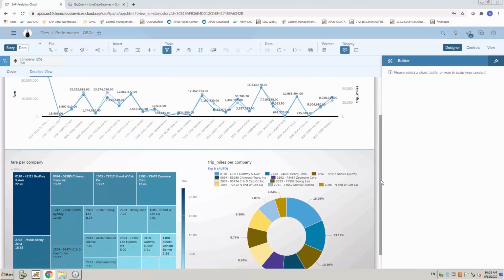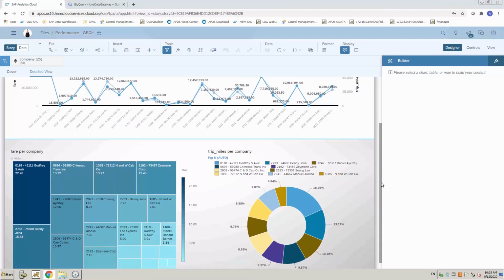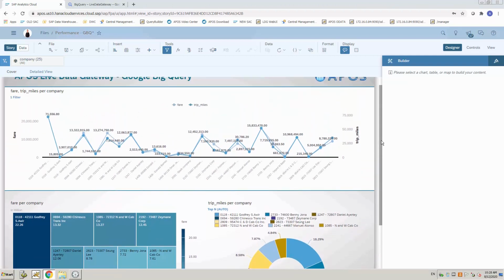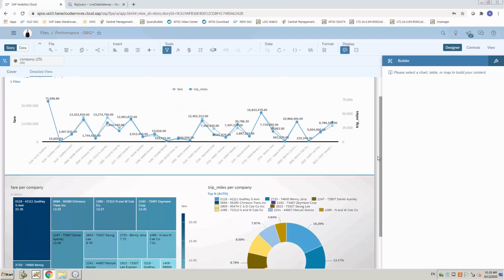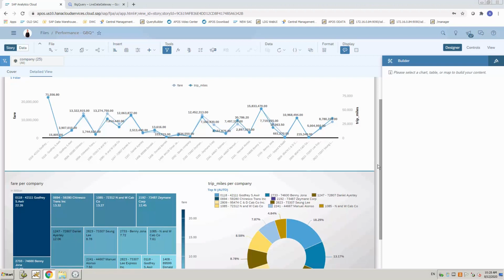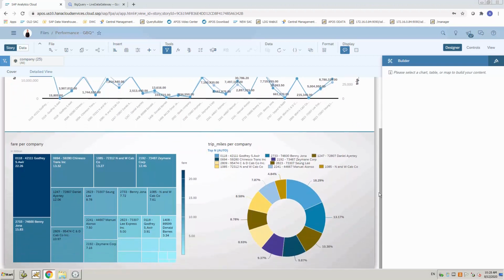And what I want to demonstrate is adding and removing different measures and dimensions and applying filters and showing you the performance there. Because as I'm making those changes, there are fresh queries that get streamed back to Google BigQuery, executed on Google BigQuery platform, and again the stream data results are returned to the screen. So every single time I make a change, it's a new query that gets executed. So what we want to demonstrate is the amount of time it takes for the data to come back once